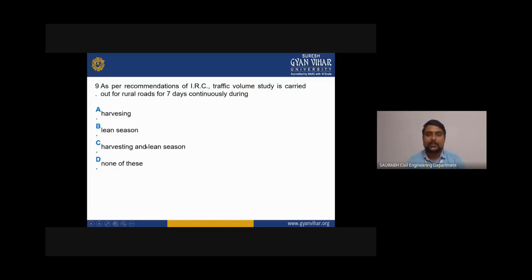Come to the next question, that is: as per the recommendation of IRC, traffic volume study is carried out on a rural road for 7 days continuously during. This is also a very important question, and there is one term given here, which is IRC. Its meaning is Indian Roads Congress, which recommends to all departments